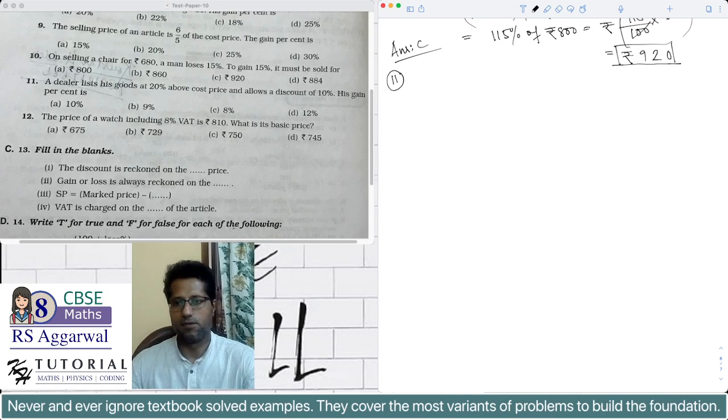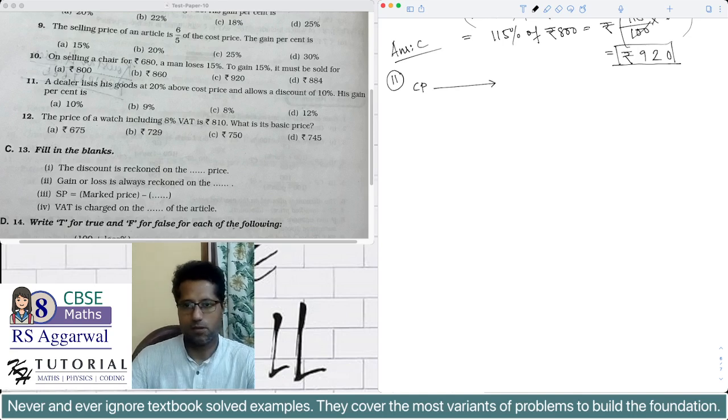His gain percentage. So we have the cost price. Now the dealer lists his goods at 20% above, means the mark price or the list price is 20% above the cost price,